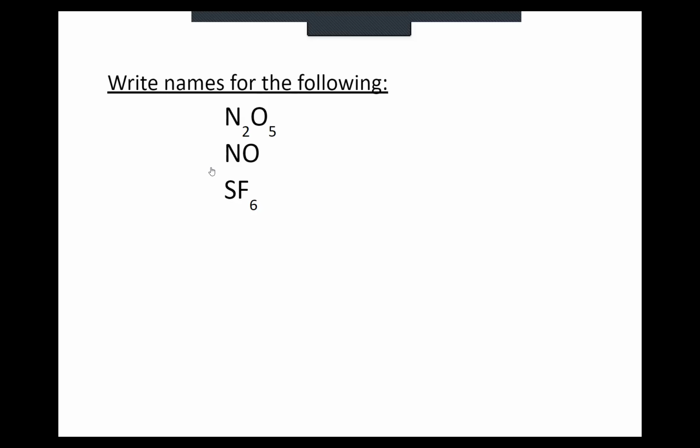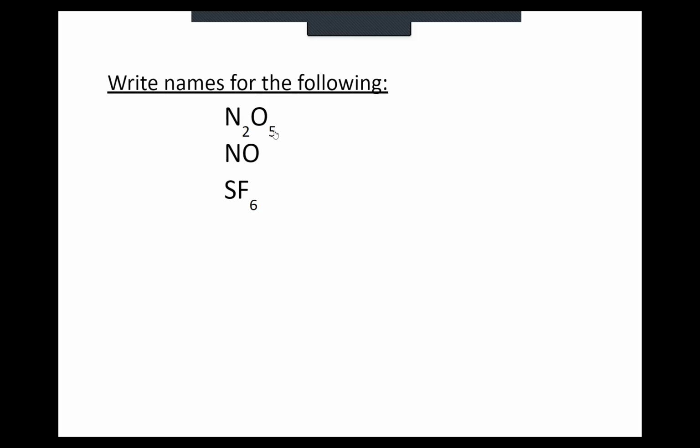So we're going to do the prefix naming system, the new naming system we just covered. In the first compound, N2, okay, what's the prefix for two? Di. Now, we do use prefixes for the first element if it's not mono. So we're going to write dinitrogen. And then for the O5,